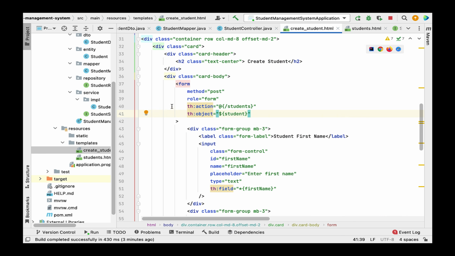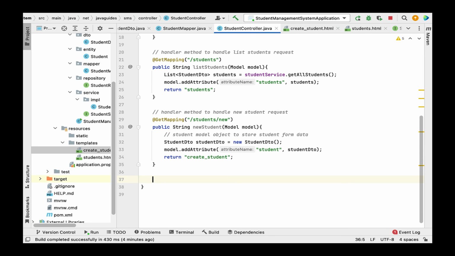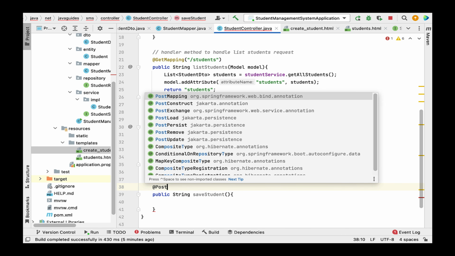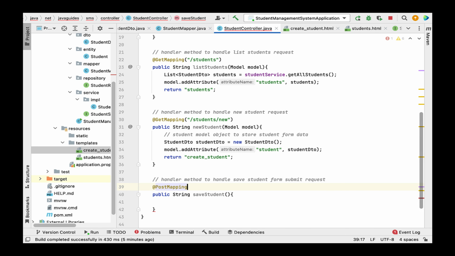So let's go to IntelliJ IDEA and go to the student controller. Let me write the comment over here: handler method to handle save student form submit request. Alright, so let's type public, and then let's give the return type as String, and then let's give the method name as saveStudent. Alright, let's annotate this method with the @PostMapping annotation to handle the HTTP POST request, and let's give